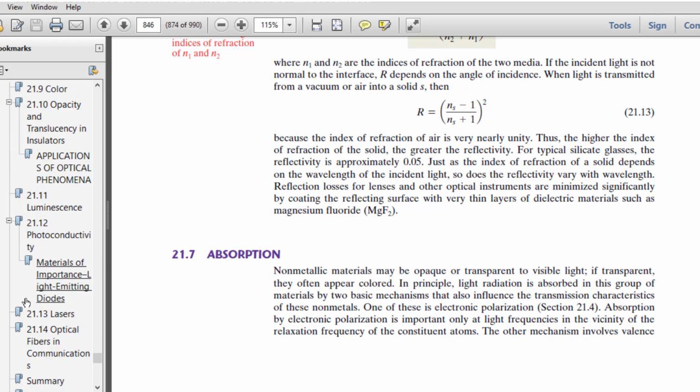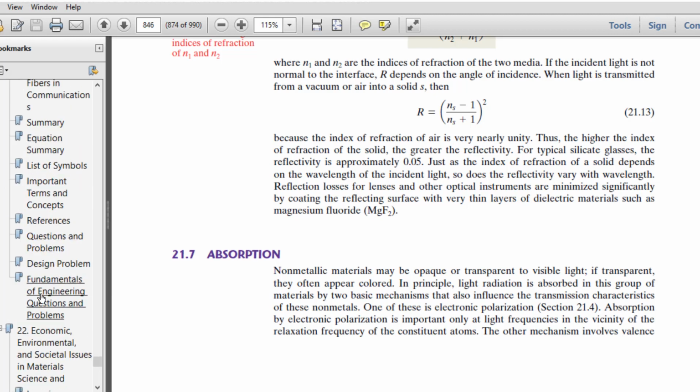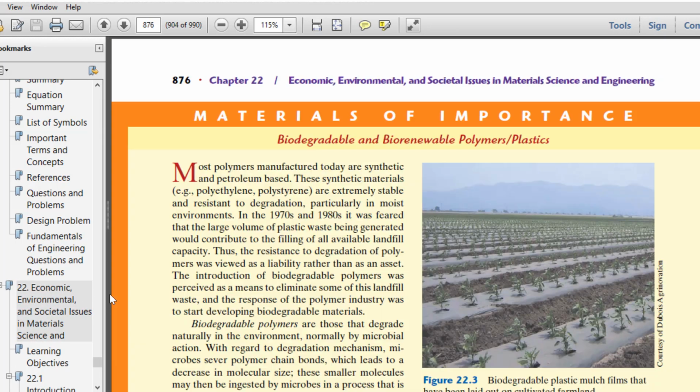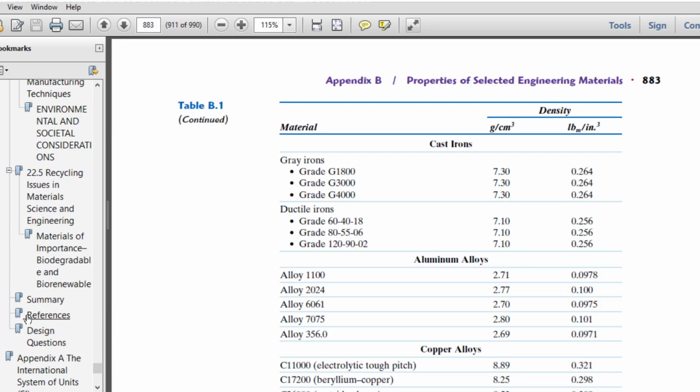So chapter 21, you can read some part according to your thought, like what you think is important. Chapter 22 you can skip, well, this is like a general topic. Okay,